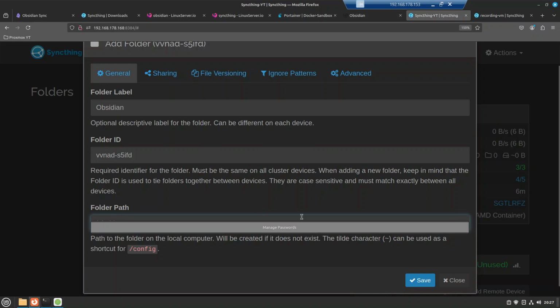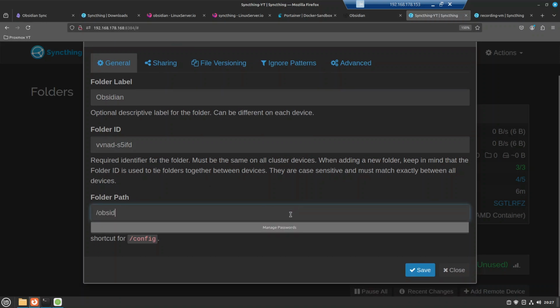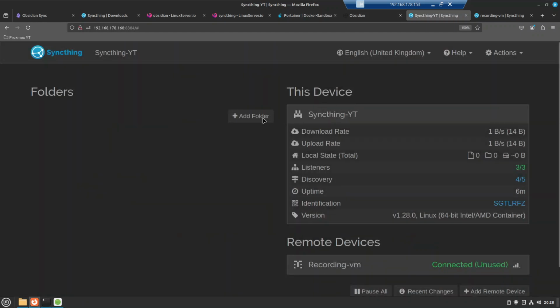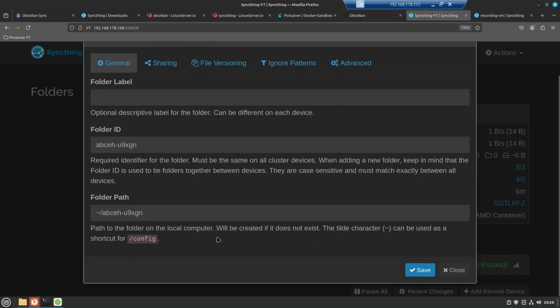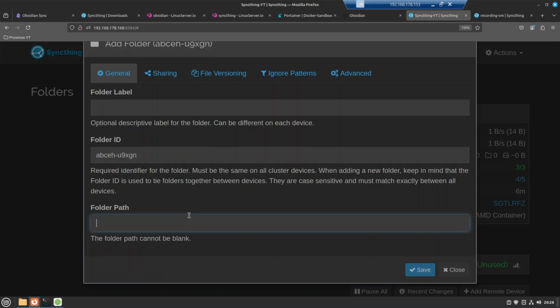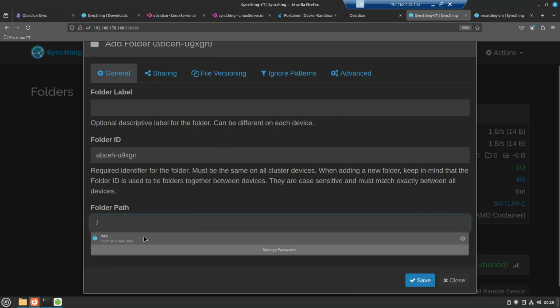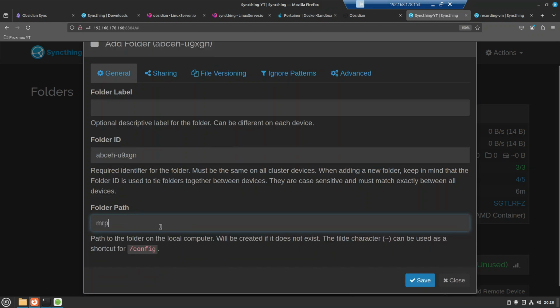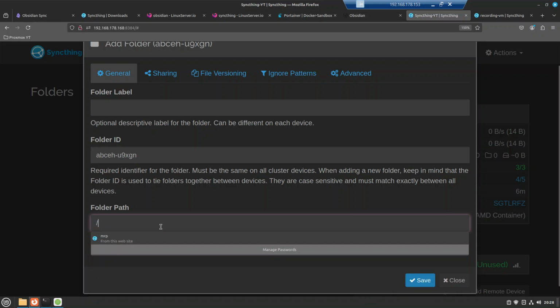Obsidian. I don't want to manage password. It's just complaining about this. Let me close that and let's try again. Linux is just doing its things. So I'm gonna delete this. I'm gonna call yes. Let's close that. It's auto detection